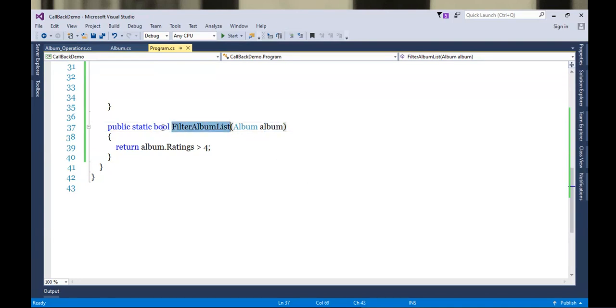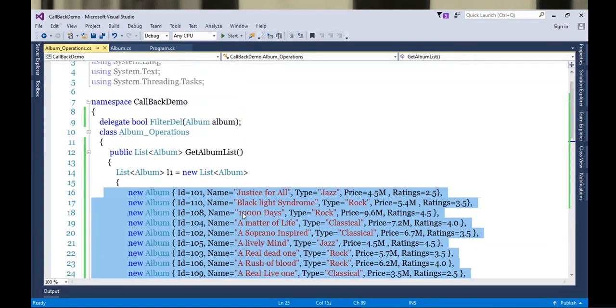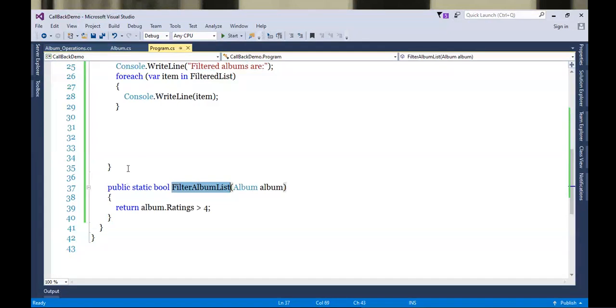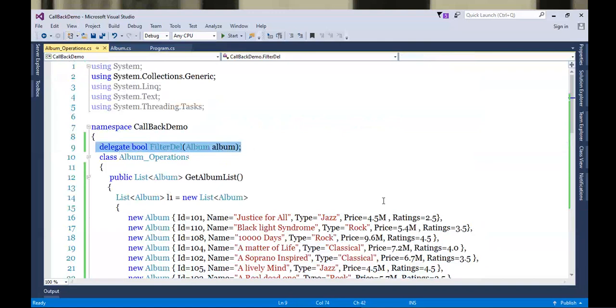If this method is returning false, that album will be rejected. Okay, so some logic I wrote in this. And to represent this method, I used one delegate.